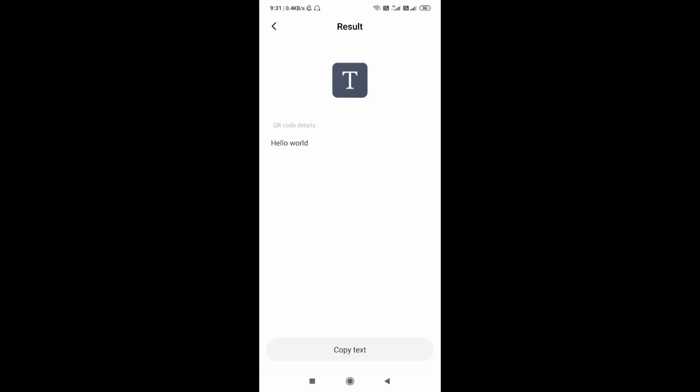And now if you don't want to show any text, and you want to take your customer to your website using your QR code, you can do that also. So for that, let's get back to the editor again, and let me try a different code and different methodology.